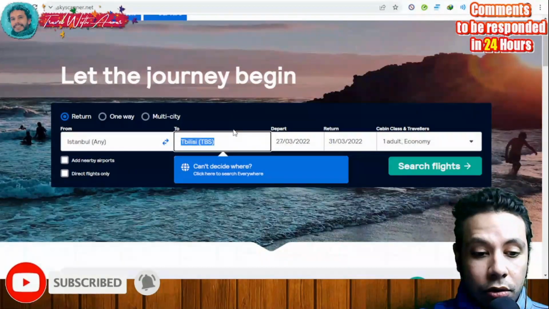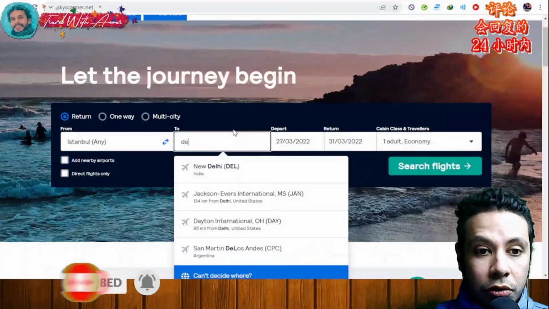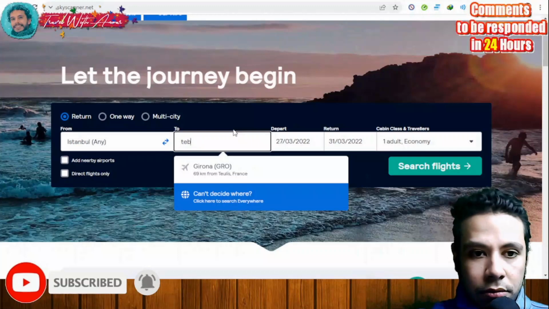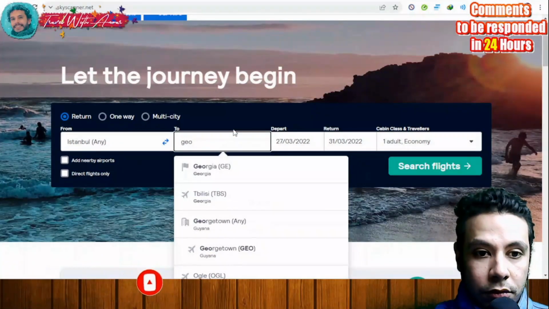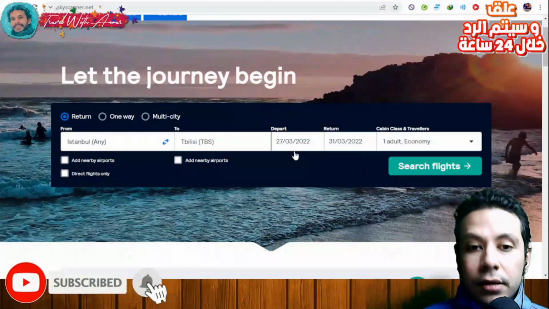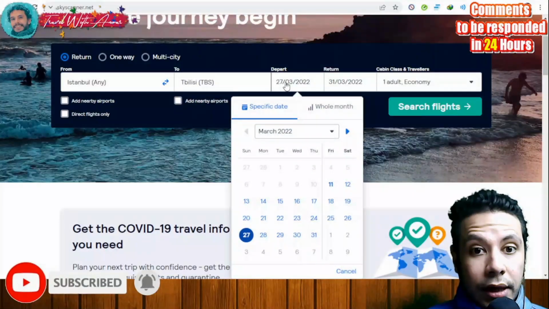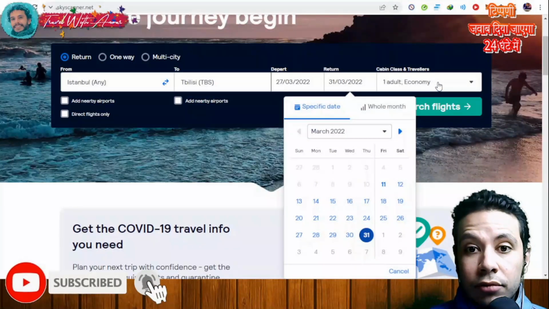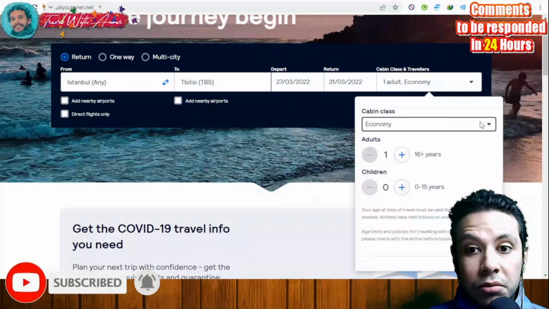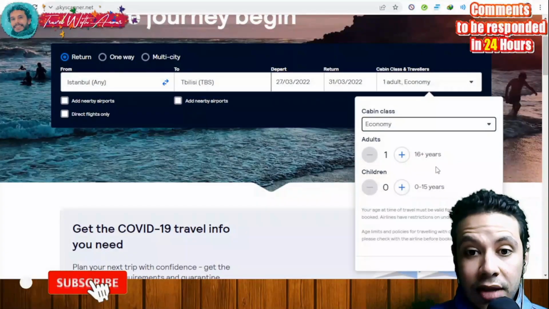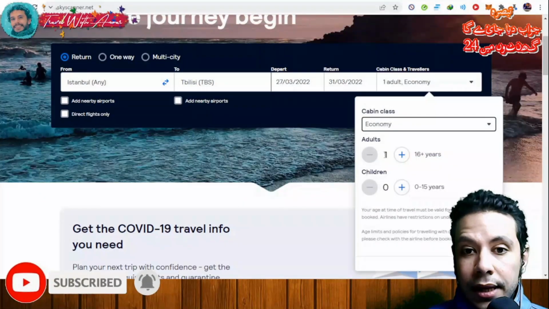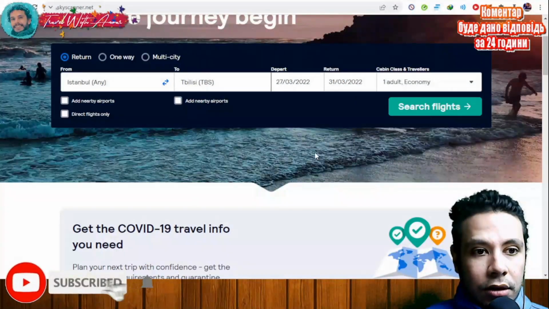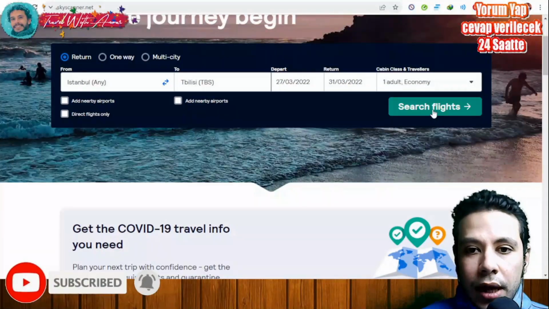Where are you going? You're going to Delhi, or you're going to Tbilisi, Georgia, or whatever. Tbilisi. And here you will have to choose your departure date, and here you'll have to choose your return date, and here you have to choose your cabin class. Are you going on economy class, premium economy, business class, first class, or what? And you're an adult, okay, do you have any children with you, all right. And here, okay, now you can search